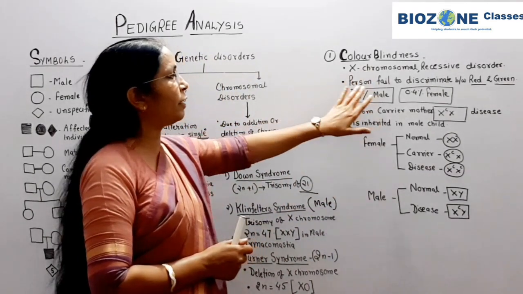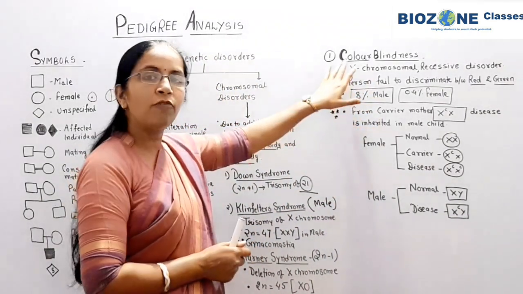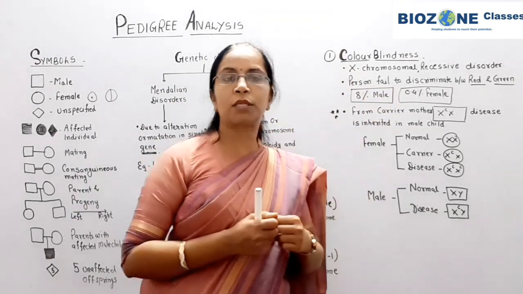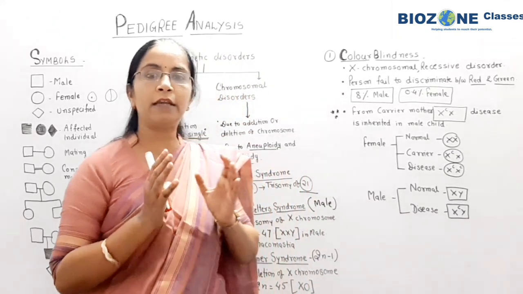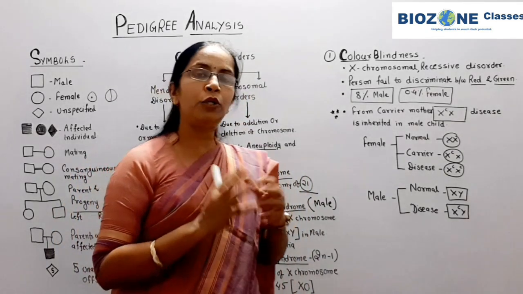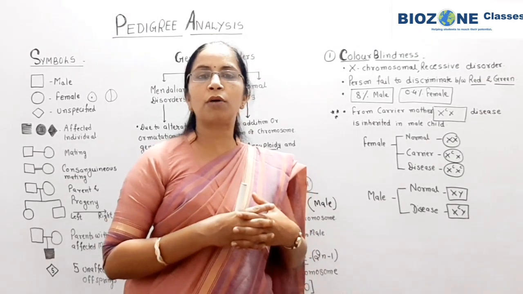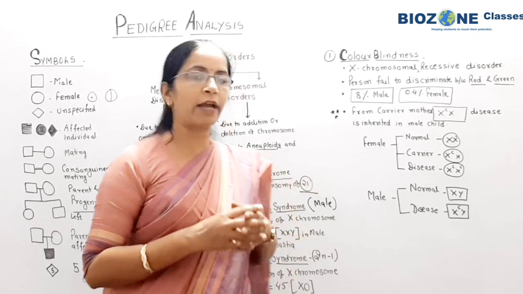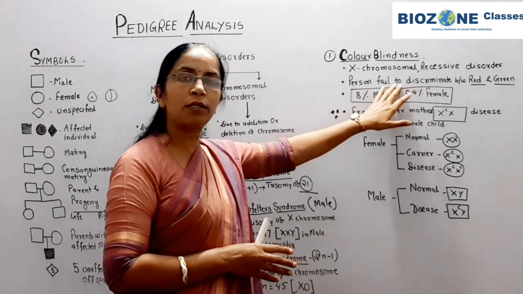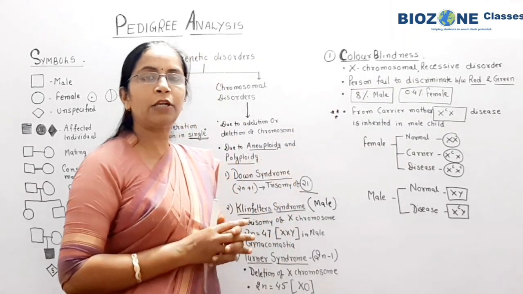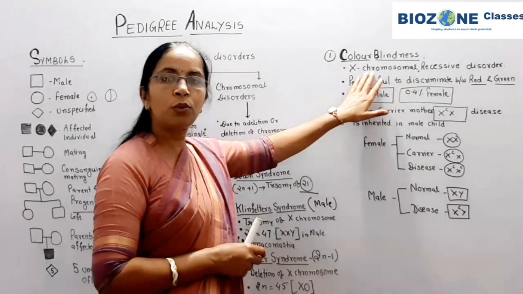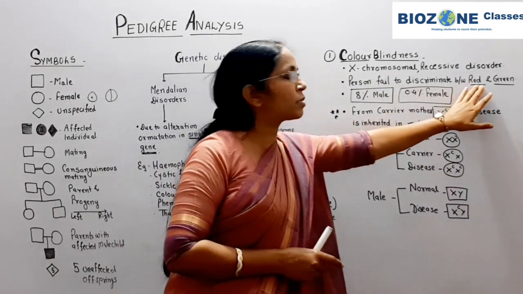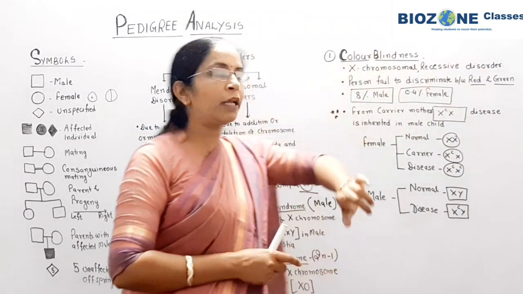Now, X chromosomal inheritance taking place for the color blindness disease. Here you remember the person fails to discriminate or differentiate between the red and green color, and it is mainly due to a defect in the cone cells of the eyes. So remember the structure of the eye: in the eye you have cone and rod cells. When these cone cells get defective due to mutation or X chromosomal inheritance, then the disease is caused and the person fails to discriminate between red and green color.